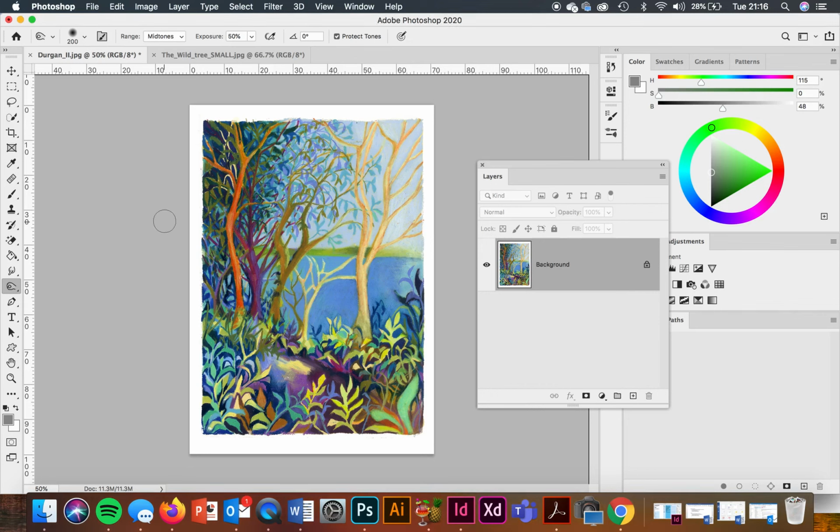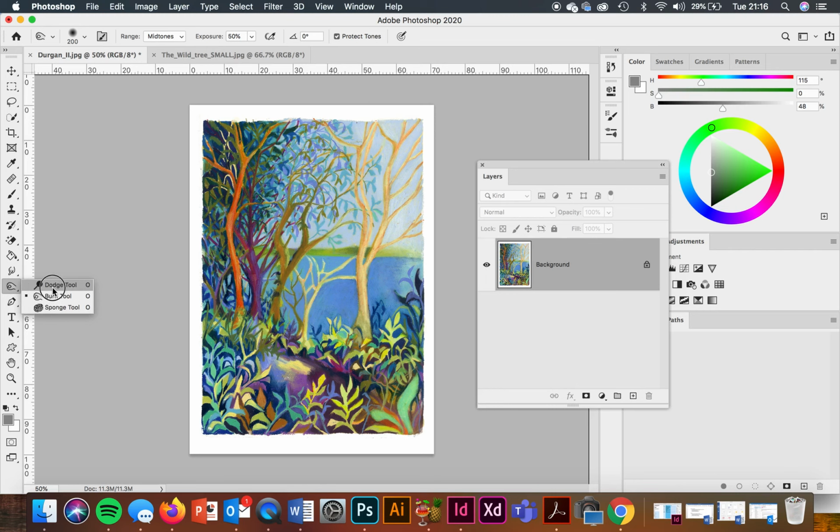Hi everyone, this recording is going to cover using the dodge and burn tools in Photoshop, which are traditionally photographic tools for darkening and lightening areas of an exposure within a photograph. I'm going to use them slightly differently today. Dodge makes things lighter and burn will make things darker, and they live one on top of the other here,